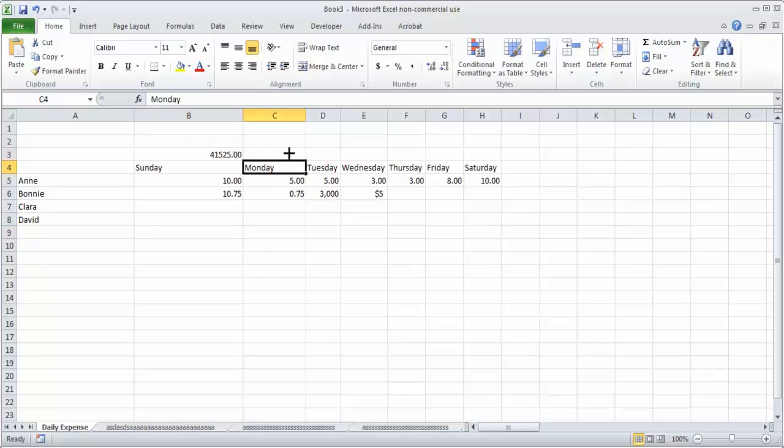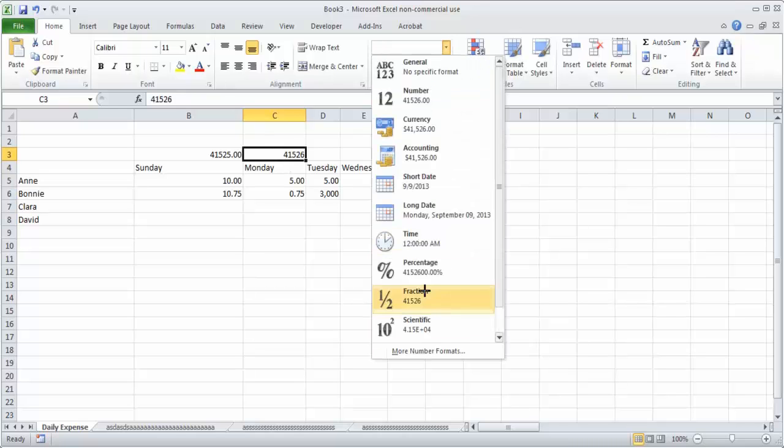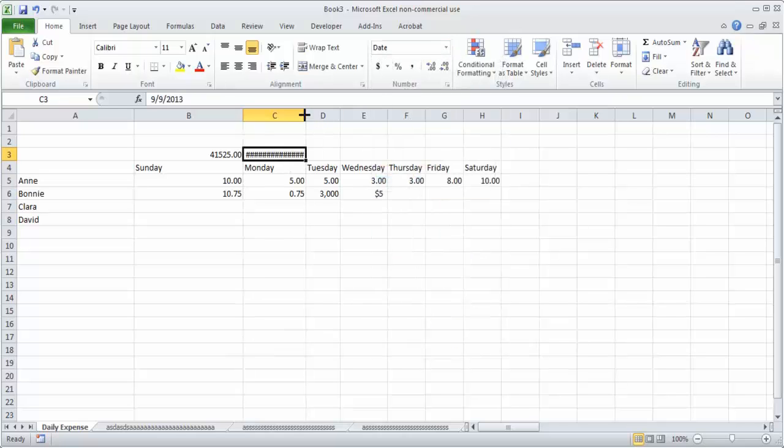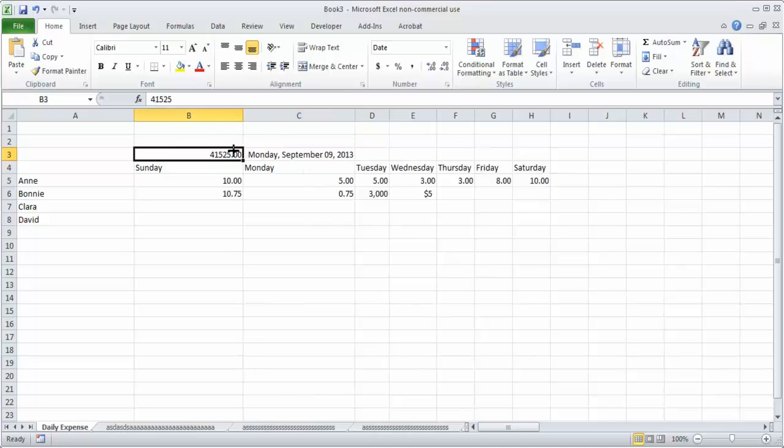If I put 41526 over here, it is also a date. If I give it as long date, it gives me Monday, September 9. So dates are actually values in Excel.